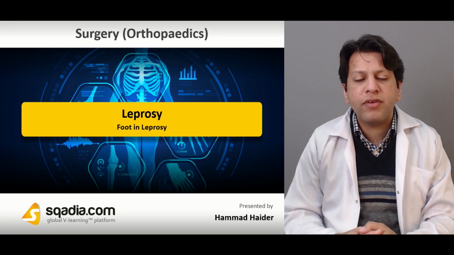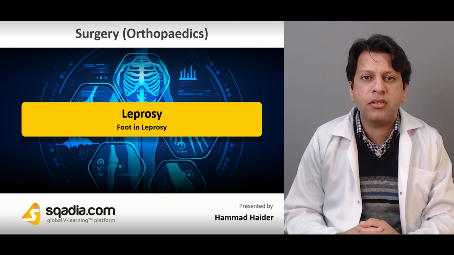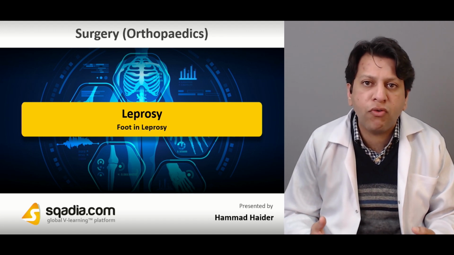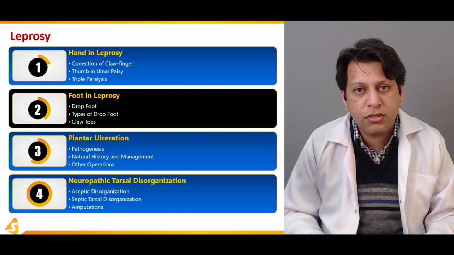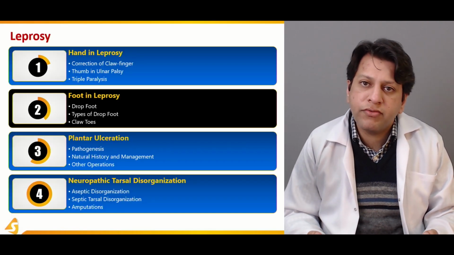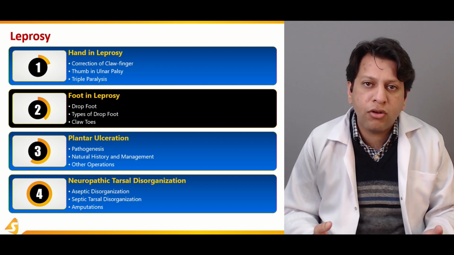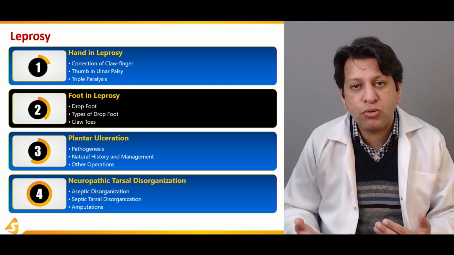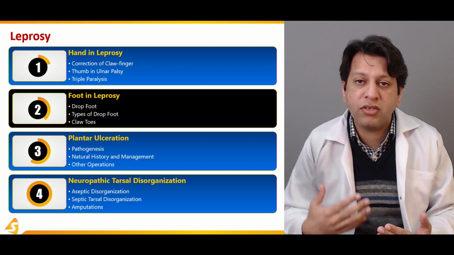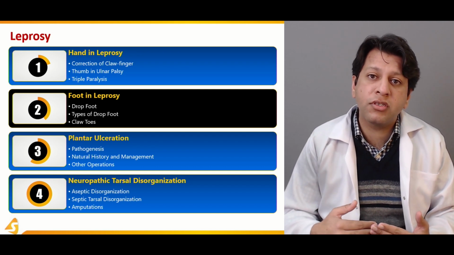Now, moving on to our next section, what are the changes we see in leprosy when there are long-term neuropathic changes in the foot and ankle? As we know, it mainly affects the nerves. If it has affected the common peroneal nerve, which can lead to drop foot, and with this drop foot, we produce some kind of equinus deformity, which could eventually even be rigid, and this further predisposes to injuries